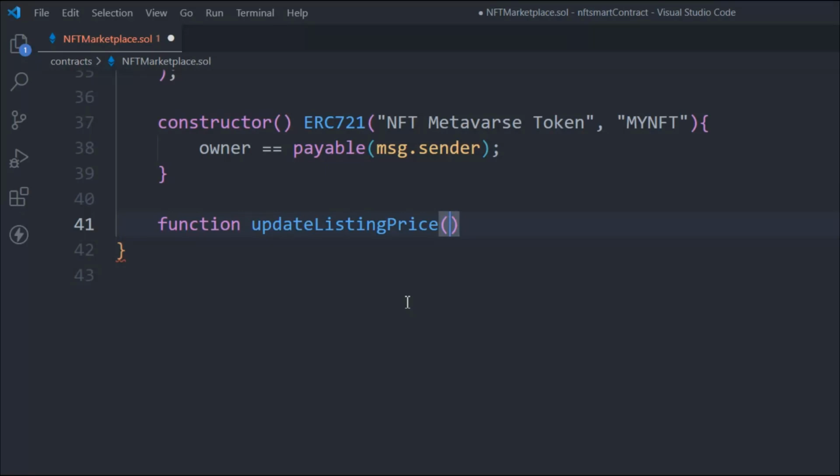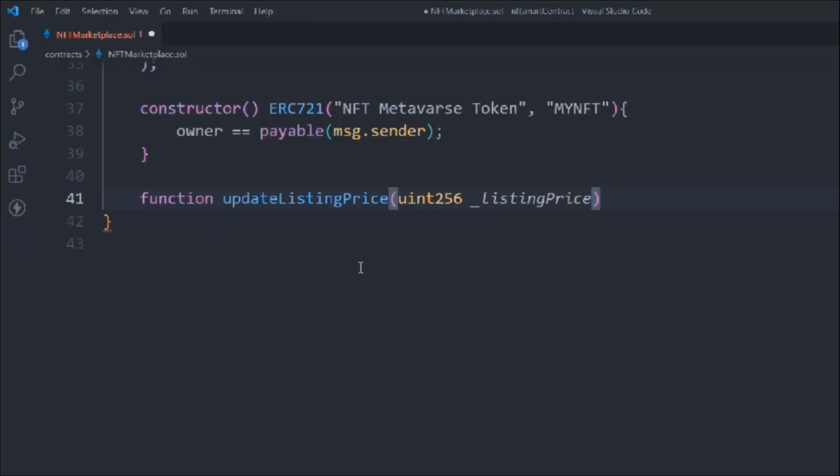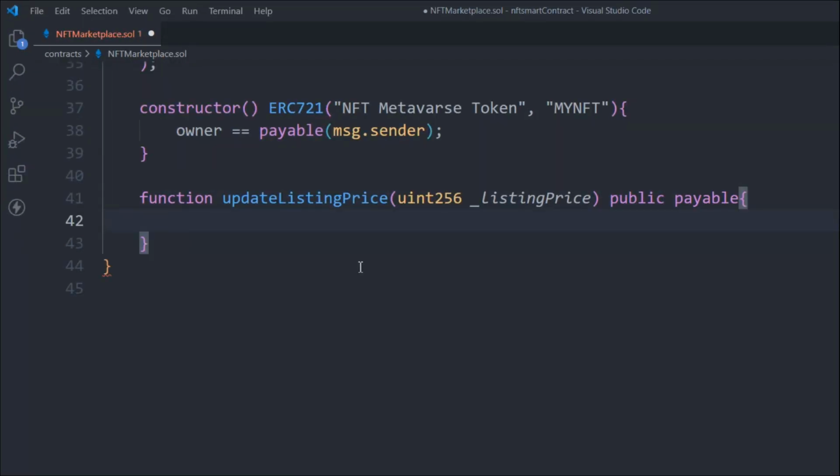Okay, and this function will allow me to update the price which I will define in my smart contract initially. If I want to charge higher, this function will allow me to change the price higher or lower. So this is the function for that. It's going to be a uint. It will take the uint and we'll call it listingPrice, and it's going to be public payable